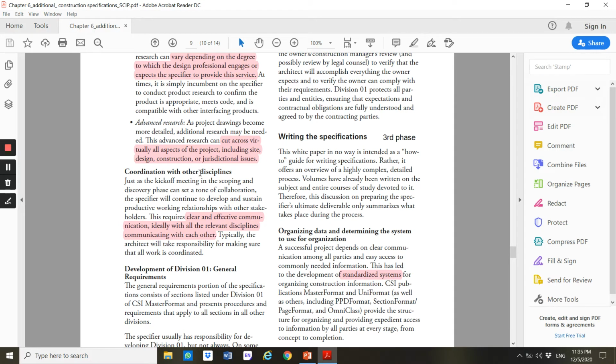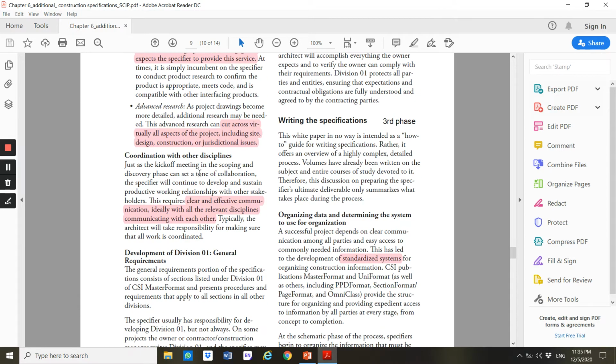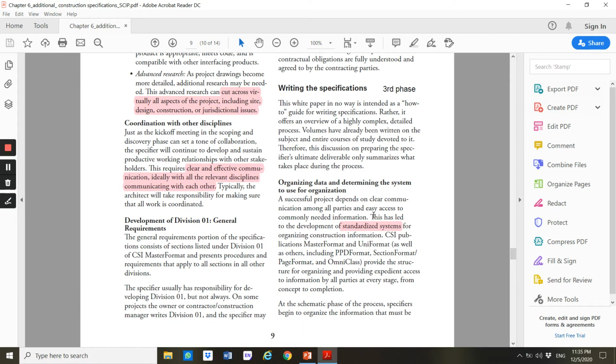Okay, the third phase is writing the specifications. Now you already have the table of contents, then you have the draft, and now you write the specification, the real thing, not just filling in content. When you do the draft, when I say you do the assignment, you should already have a draft, and should already have put in the points below. Okay, now you have to write your assignment, the same thing, write the specification, third phase.